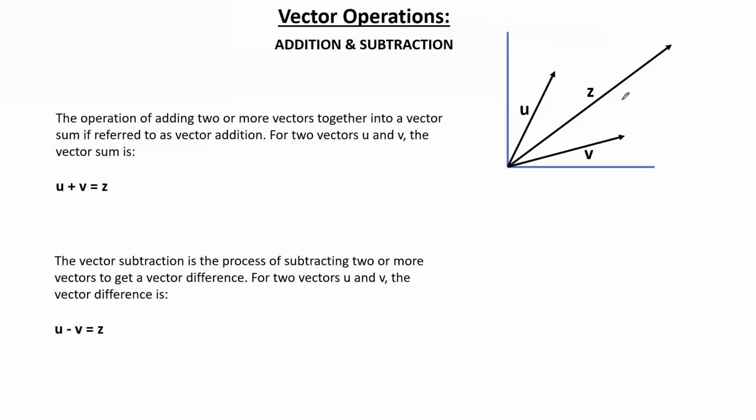I'll show you, one second. So this will be U. I'll make it dotted so it becomes understandable that I am just moving it along with V. You can see that V is going in the positive direction, and U is also going in the positive direction. So positive into positive is positive. So we can use V plus U equals Z, or U plus V equals Z. So ultimately we'll be getting this kind of thing.